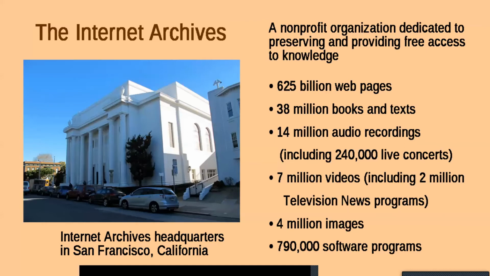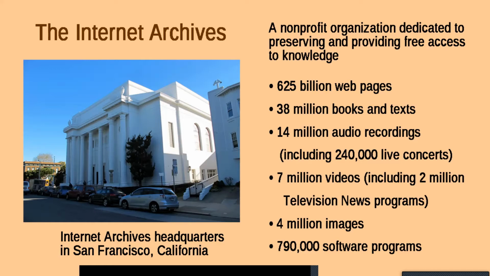So here's the Internet Archive's headquarters in San Francisco, California. The Internet Archive, as you say, is a nonprofit organization. And so they want to preserve all knowledge, just like Wikipedia wants to preserve all knowledge. Nobody can preserve all knowledge, but they're doing their best. So they have started to save things, and they've saved, as you can see, so far 625 billion web pages,